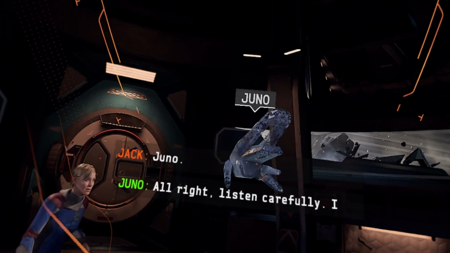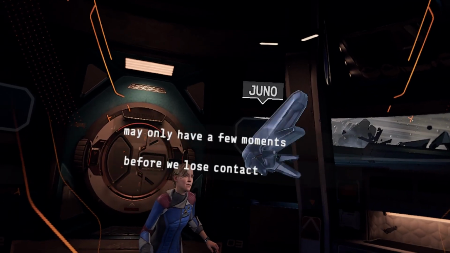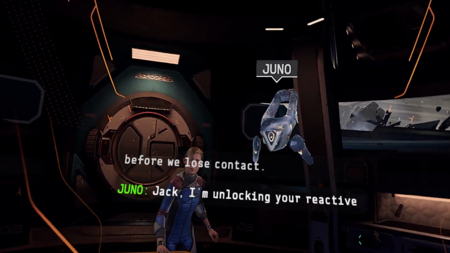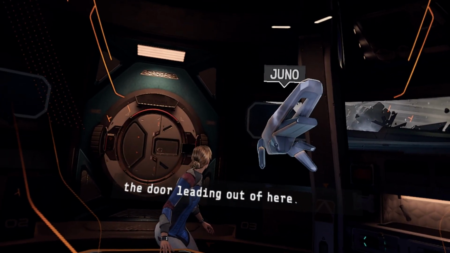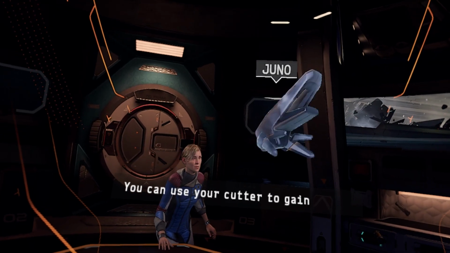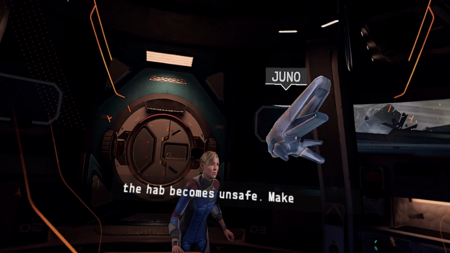Juno. All right, listen carefully. I may only have a few moments before we lose contact. Jack, I'm unlocking your reactive cutter. There's an emergency release on the door leading out of here. You can use your cutter to gain access. You still have some time before the hab becomes unsafe. Make your way to the terminal. There should be a tram there that will take you to...